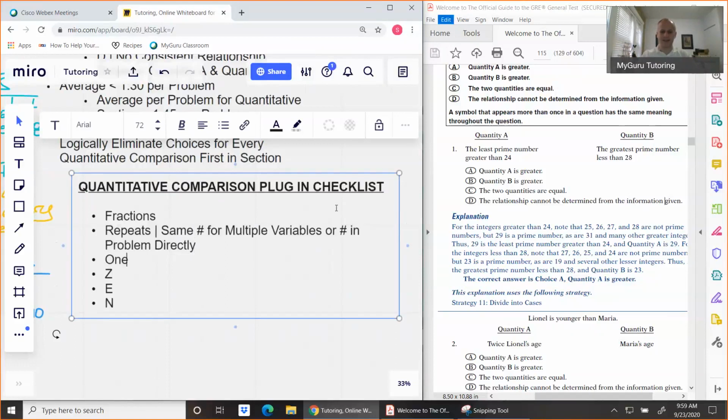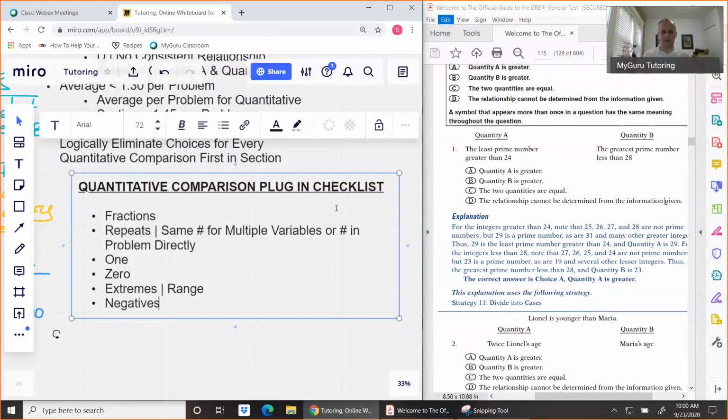Now, I already mentioned these next two individual values, which are 1 and 0, because they do all sorts of weird stuff. So you want to consider ones and zeros as ways to basically create unique outcomes. E is going to be for the word extremes. And when you consider extremes, that would be in terms of range, right? So for range type concepts, it's something like if we were talking about 2-digit positive integers, for instance, I'd want to test a 10 and then I'd want to test a 99 because I know that anything in between that range is going to be between the outcomes for 10 and 99, just because one is the high end, one is the low end. And then N, of course, is going to be for